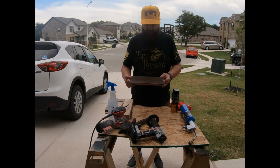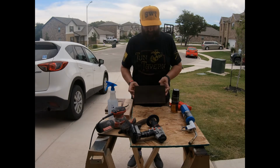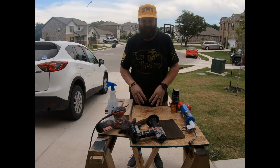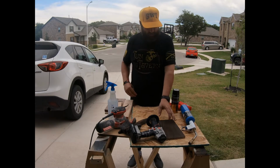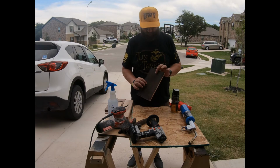So for today's video, we're going to be staining some nice walnut. No, we're not. That's not walnut. This is pine. What we're really going to be doing is a preserving technique called Shou Sugi Ban. I'm pretty positive I am butchering that, but it is basically taking a wood, burning it, scraping it off, and